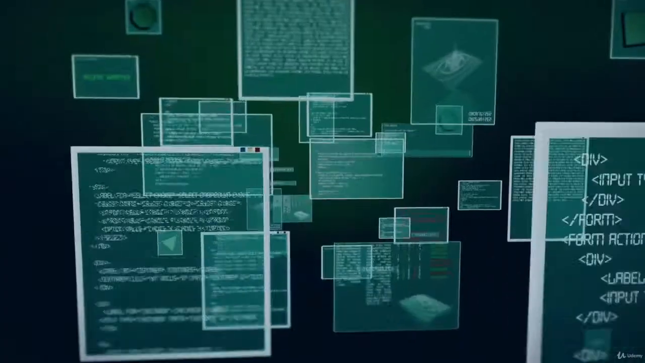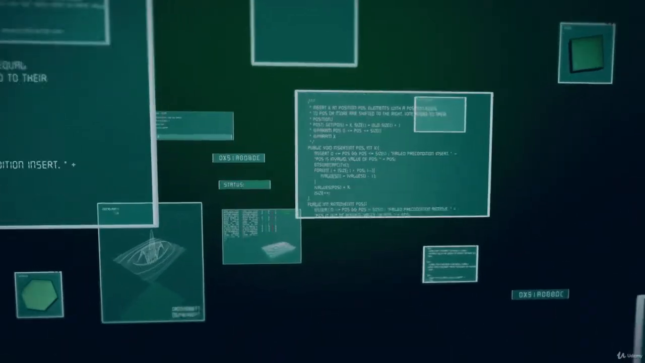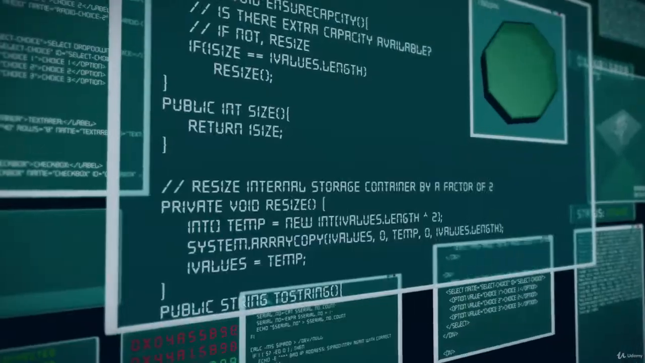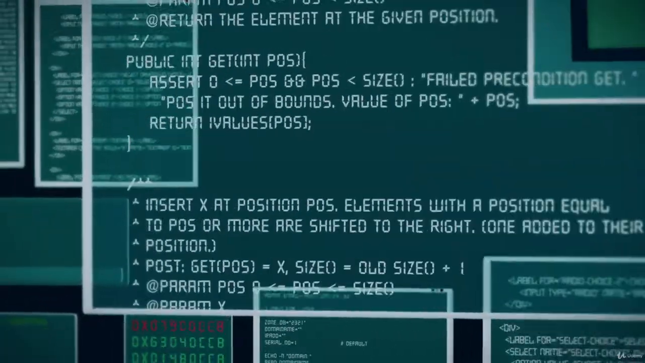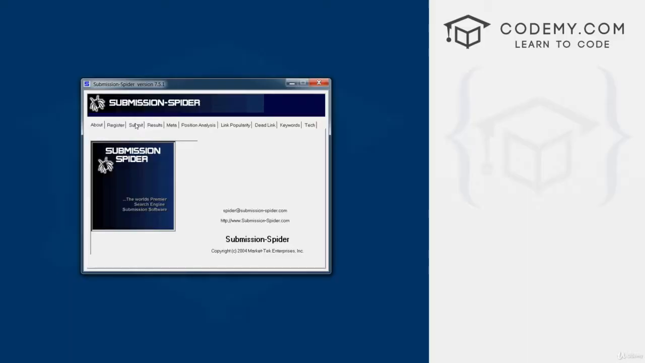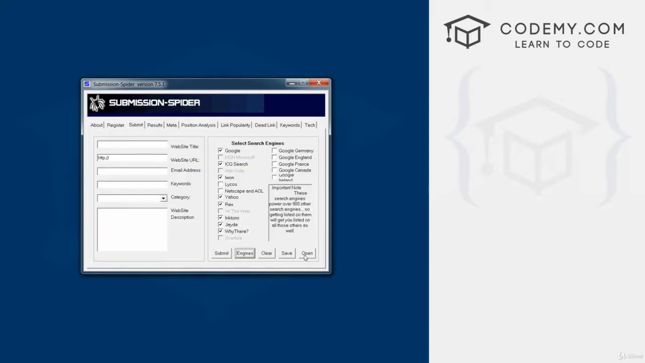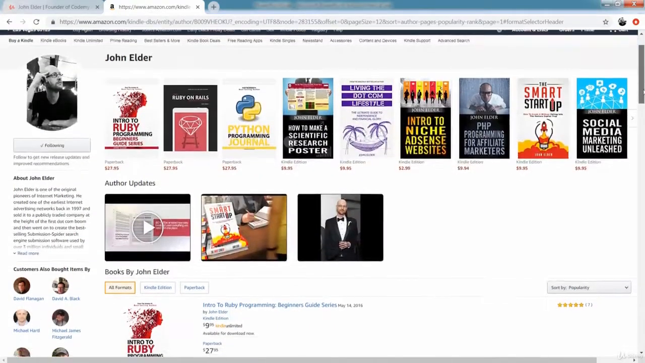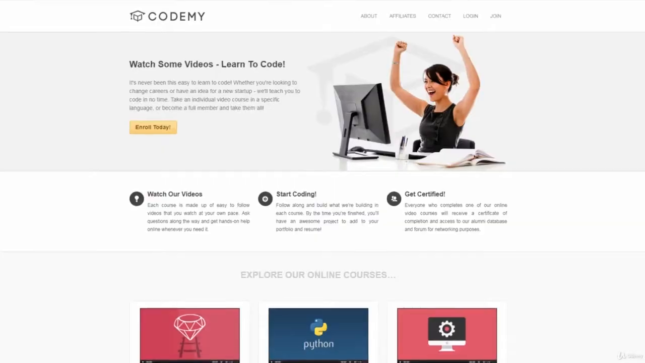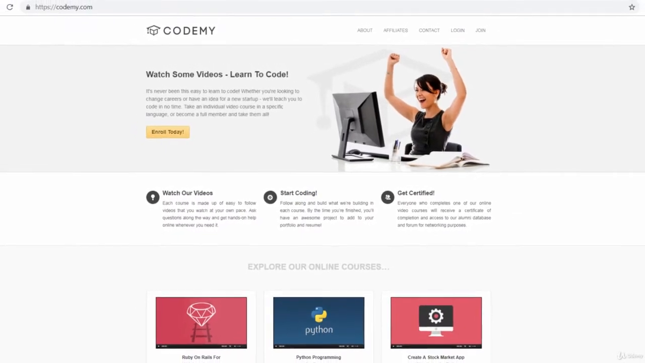I've been building things online for a long time. I built one of the internet's first advertising networks in the late 90s and sold it to a publicly traded company at the height of the first .com boom. Then I built one of the internet's first SEO tools, the Submission Spider search engine submission software used by over 3 million people around the world. I've written several Amazon #1 best-selling coding books, and today I run Codemy.com, where I've taught over 50,000 people how